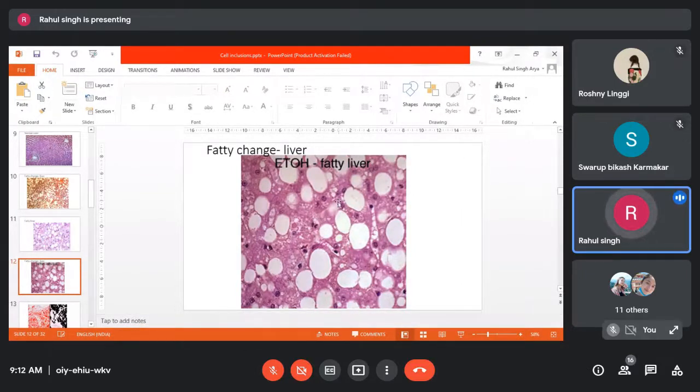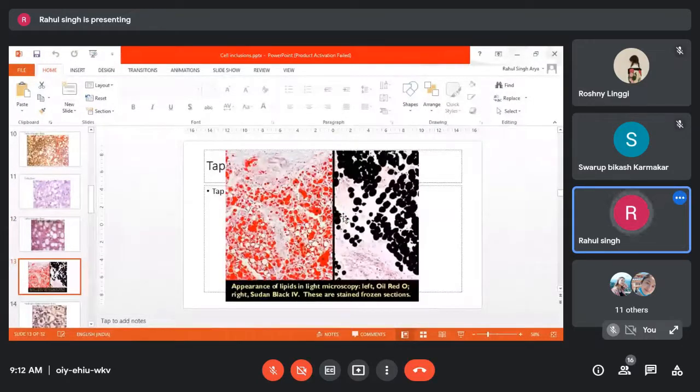And in other cells, this normal cell is showing numerous vacuoles inside the cytoplasm. Early stage, late stage, where these vacuoles actually merge and form a large fat containing vesicle.